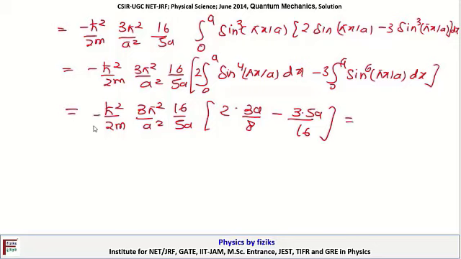This will turn out to be 9 h square pi square by 10 m a square,